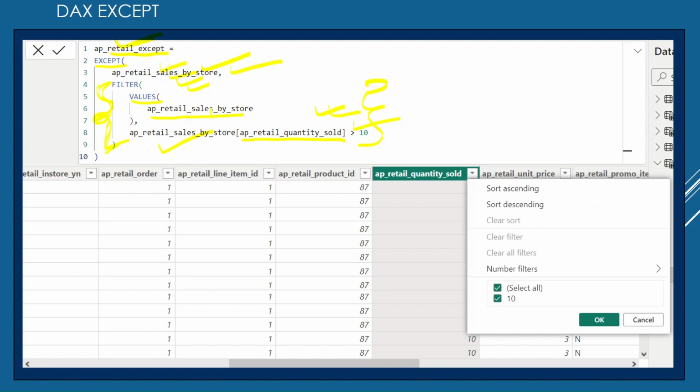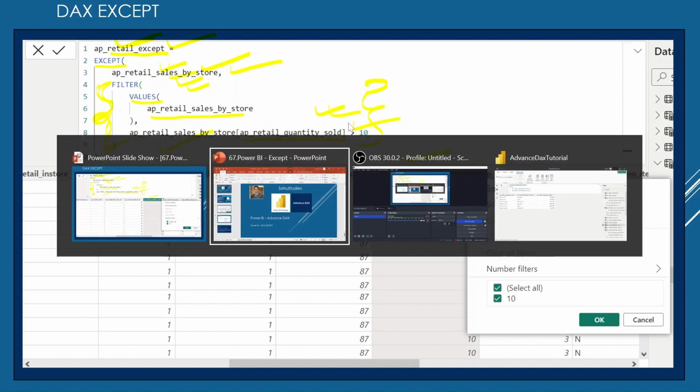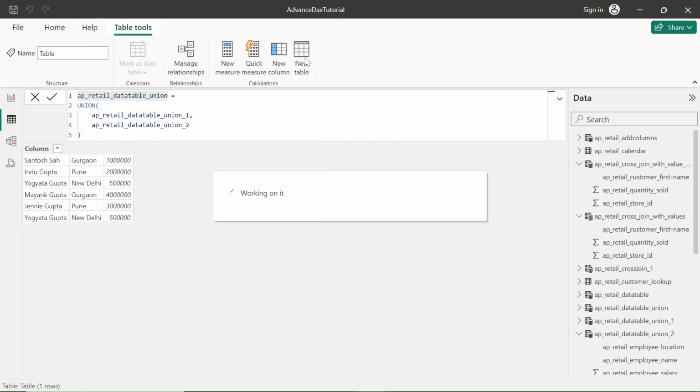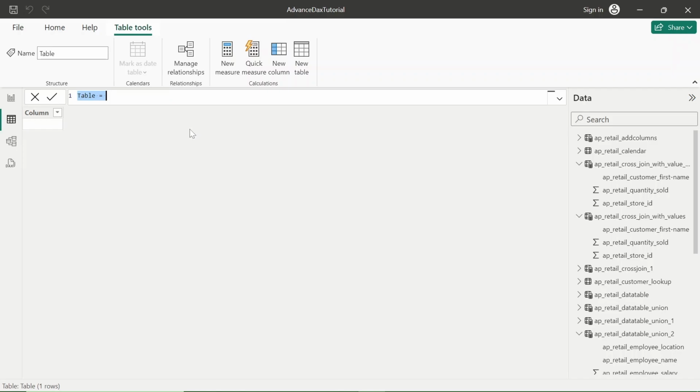Now, this table will have all the records from the AP retail sales by store table where the AP retail quantity sold is 10 or less than 10. So let's do this exercise in Power BI. Let me create a table. Let me give the table name as AP retail